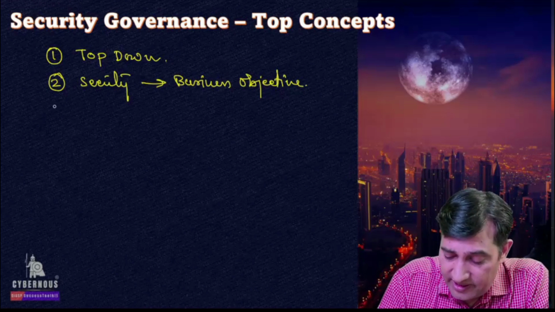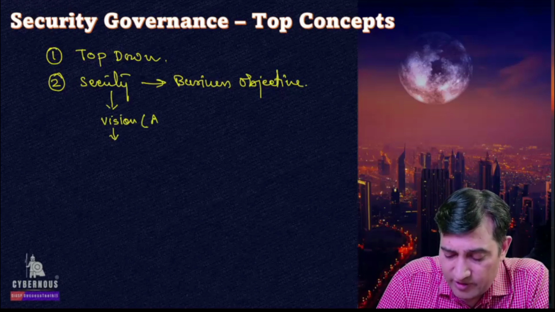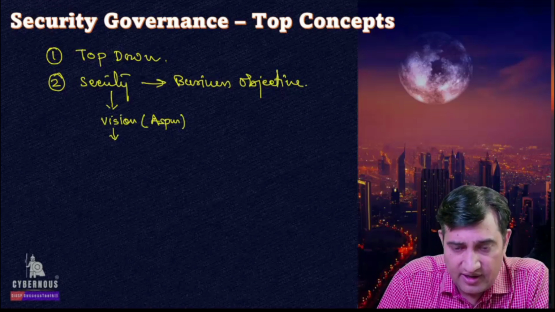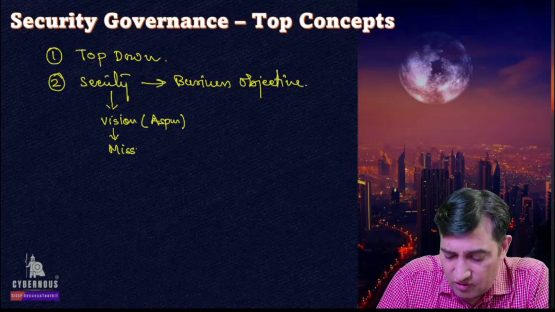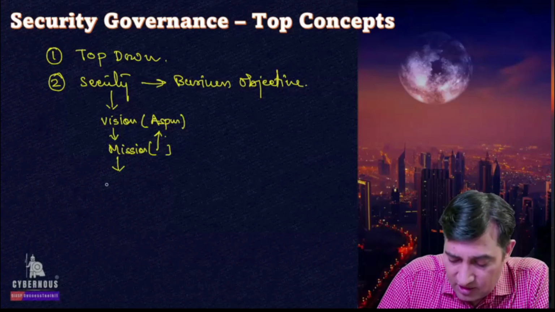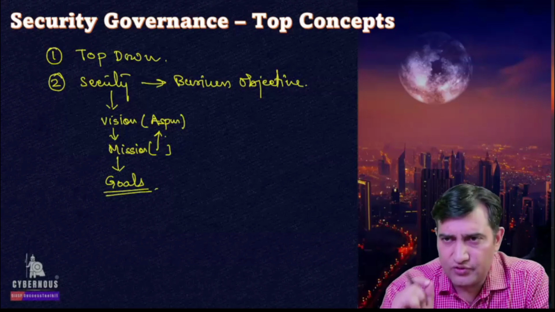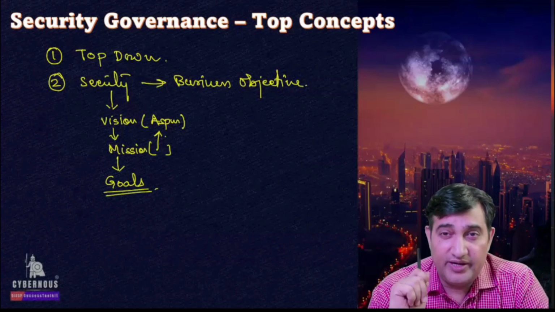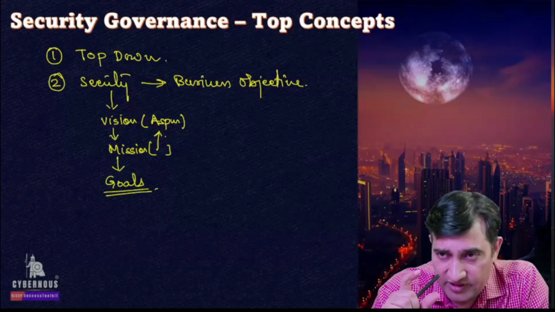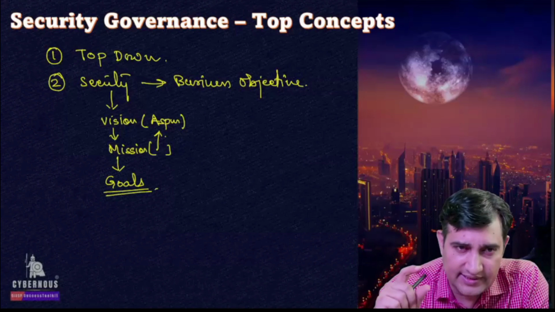The second concept here is, when you say alignment, you also need to understand that every company must have a vision. Vision is your aspiration as a business, right? Then comes your mission, which talks about what you do to achieve your aspiration. And then from this, the business goals are driven. The best way is when your executive management comes up with goals which they create for their business, and every department should drive their goals from these central goals.